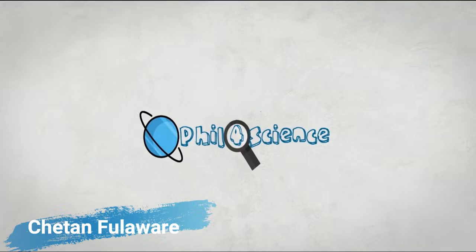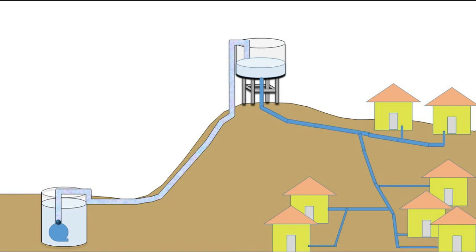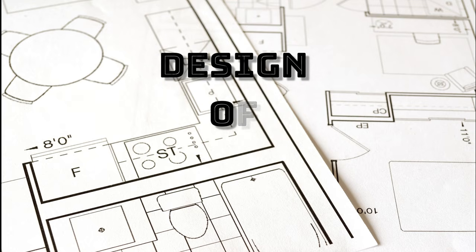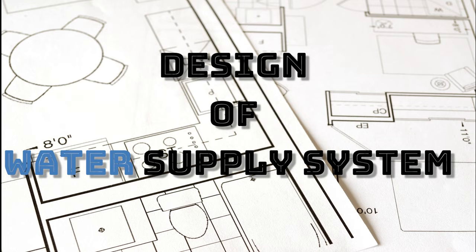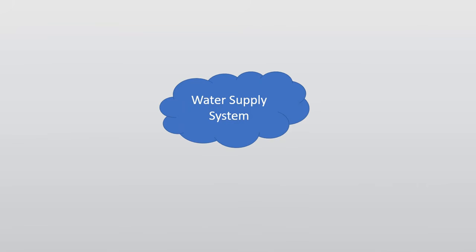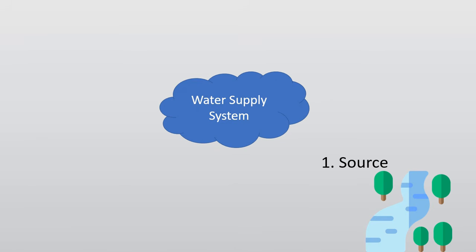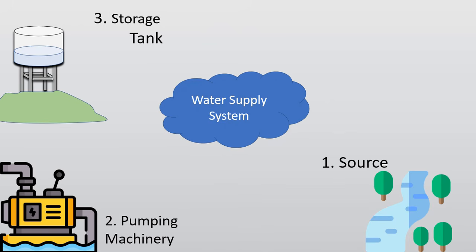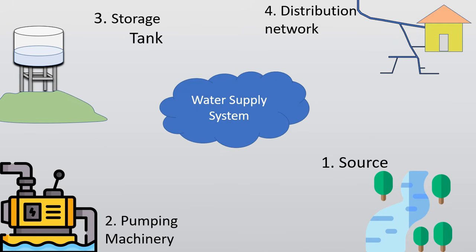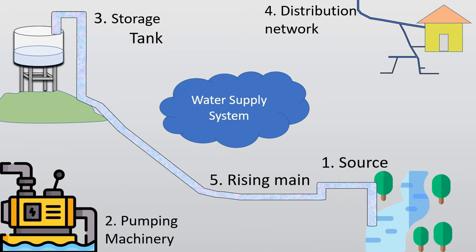In previous video, we learned about water supply system and in this video, we are going to design that water supply system. So let's get started. In last video, we learned about 4 components of water supply system which are shown here. The first one is source, second one is pumping machinery, third one is storage tank and the fourth one distribution network. Later on, I told other fifth component which was rising main. We will learn about designing of these components one by one and in next video we will cover rising main